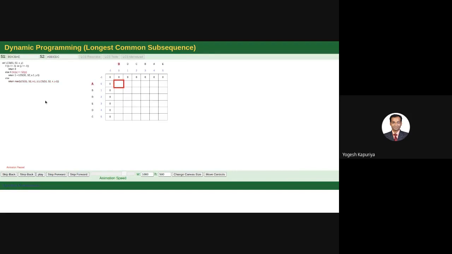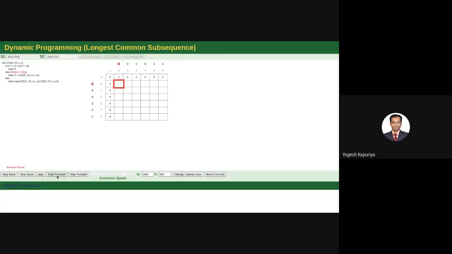We have two strings, this and this. You build a table in which you have one sequence on the rows and the second sequence on the columns. So you have A, B, D, E, B, B, C, and you have another sequence on the columns. First, obviously, the first column is 0. Here they are saying it's a -1 is 0.